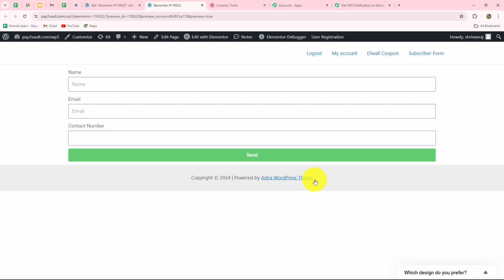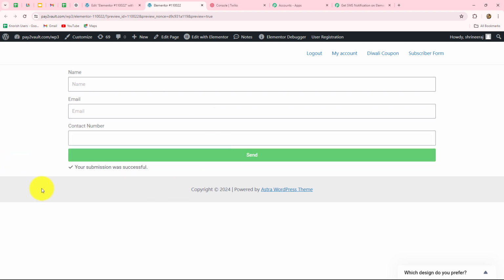So I've already opened the form in the live mode and now I'm going to submit this form by entering the dummy details so that we can receive a dummy response in Pabbly Connect. Okay, so now first of all, let's start with the name. Let's say the name of the lead who is submitting this form is Smart Lead and the email is smartlead@pabblytunes.com. Okay, let's say the contact number over here will be okay. So as we have entered the details, let's click on send to submit this response and the form submission is